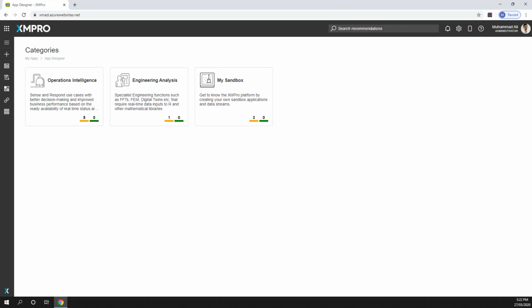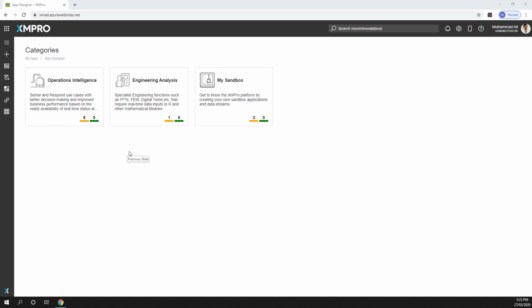Now, what do categories mean? They basically allow you to group your use cases or applications into logical areas. Organizations have the flexibility to create categories based on their specific requirements, maybe using asset hierarchy or their organizational structure, or any other logical grouping that you may want. But typically what we see is that they are grouped according to the application types, perhaps predictive maintenance or equipment